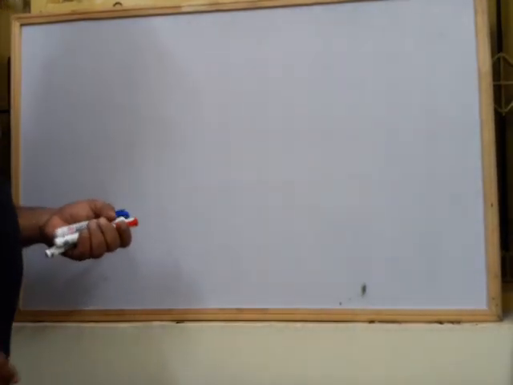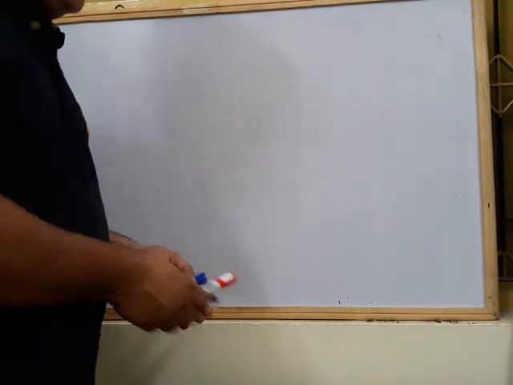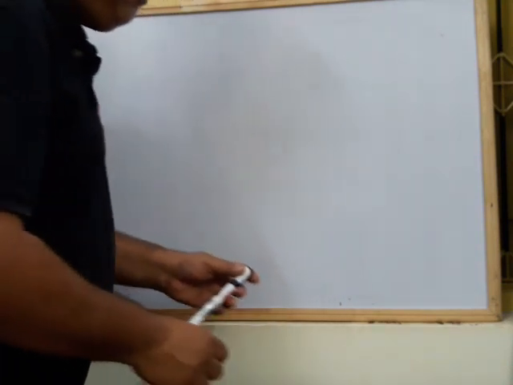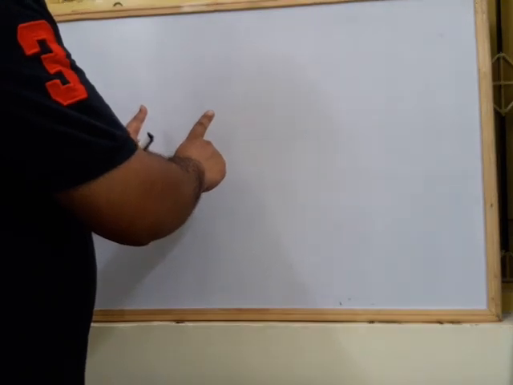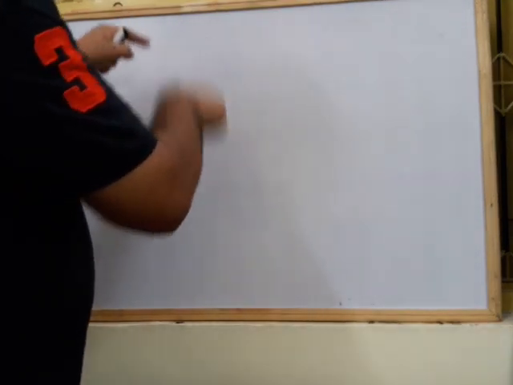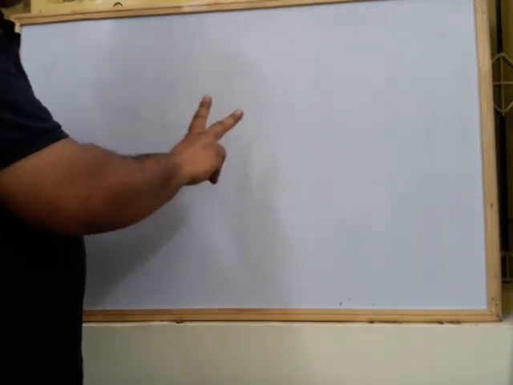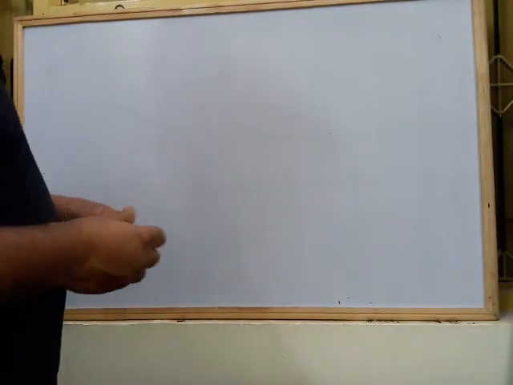Now see here, we'll find the force between two straight conductors carrying current. Now what is the meaning of this one? The meaning of this one is that there are two parallel conductors. They might be carrying current in the same direction or in the opposite direction, but due to the two conductors carrying current, there exists a force of attraction or repulsion between the conductors.